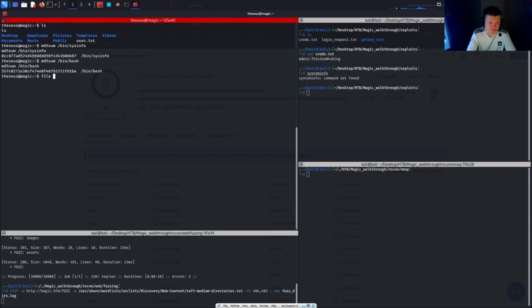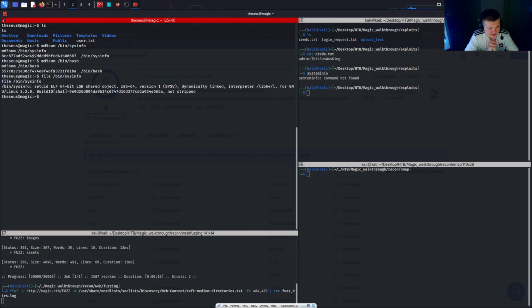Let's just have a look at the file type, right? We run file on /bin/sysinfo to have a look at the file type. We can see it's a binary. It's not a bash script or something like that, it's an actual binary, and it's obviously got the setuid bit set. What I want to do is have a look at what this is actually doing under the hood. We can see when we execute it, and I'll execute it again, it gives us